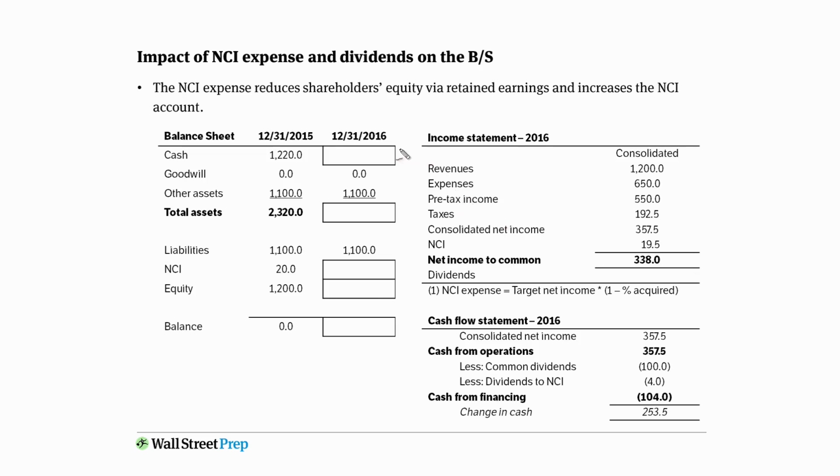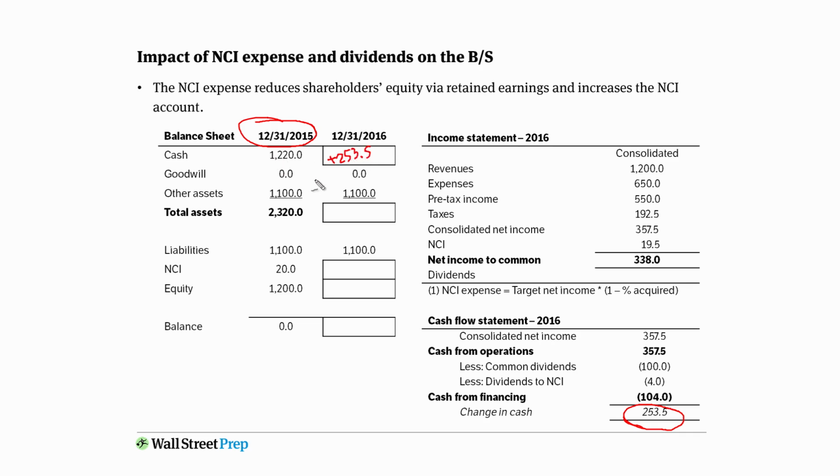Now that we've completed the income statement and the cash flow statement, and we identified the opening balance sheet, we can complete the end of period balance sheet based on what's happened on the income statement and the cash flow statement. We know that cash increased during the year by 253.5. Let's just look at impacts for now, and then we'll do the full calculations. So cash went up by 253.5